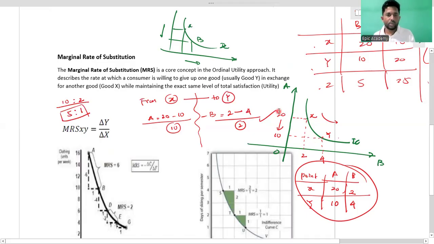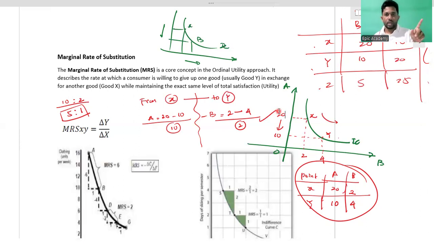So now you can identify 10 divided by 2, because 10 commodities are sacrificed for 2 commodities. So 10 divided by 2 becomes 5. That means if you need to increase the consumption of B commodity by 1 unit, you have to sacrifice 5 units of A consumption. That's the substitution